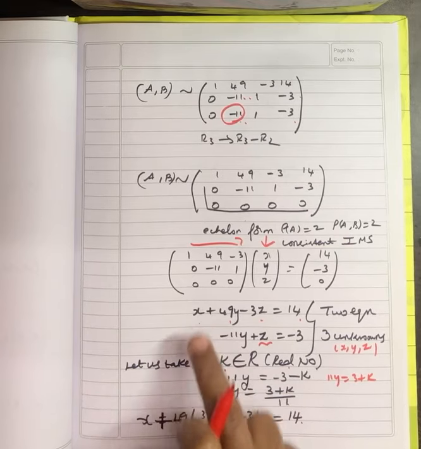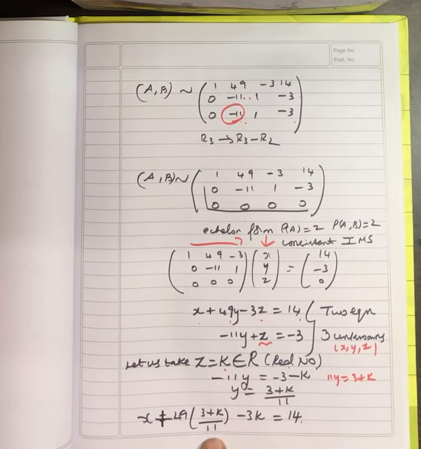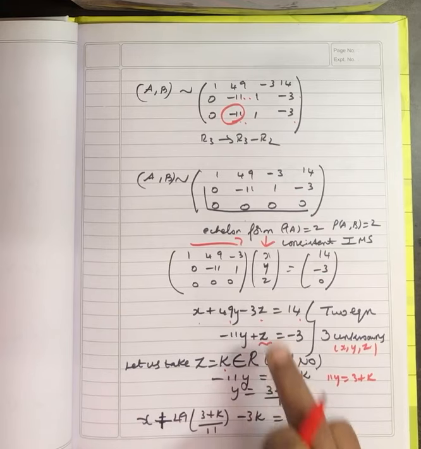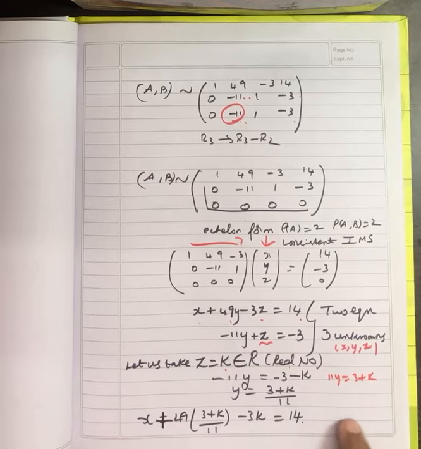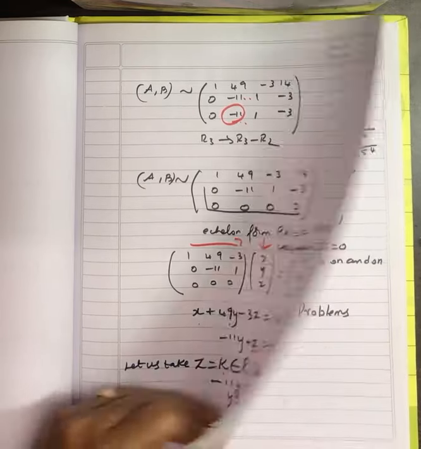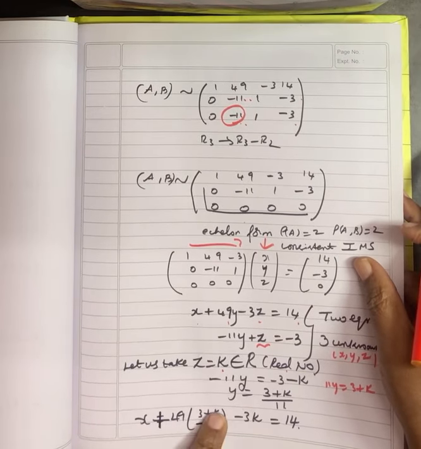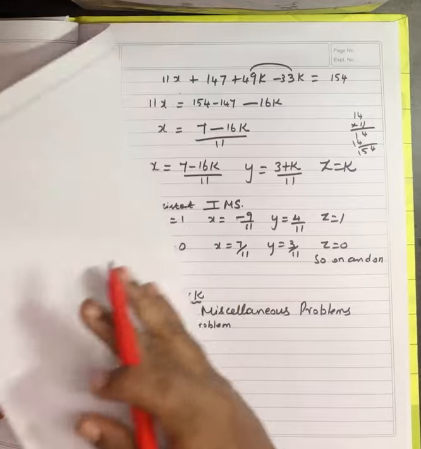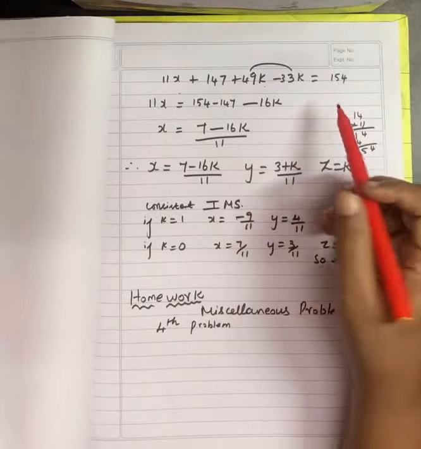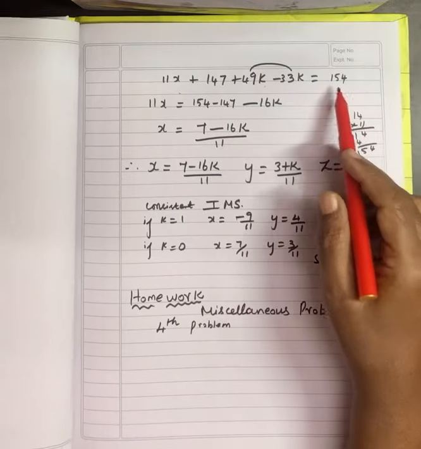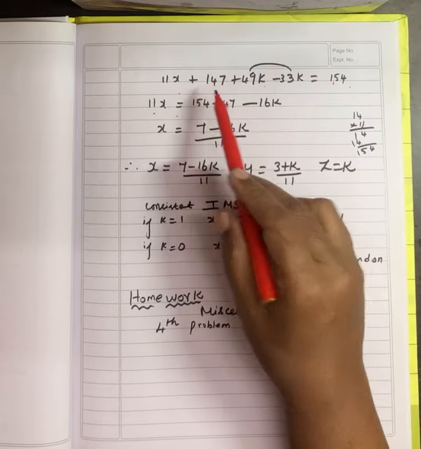Now we will find out x. x plus 49 into, instead of y, 3 plus k divided by 11, minus, instead of z, I will put k. To avoid the denominator, multiply by 11. So 11 into x. If you multiply by 11, the 11 gets cancelled. 3 plus k you multiply by 49. So 147 plus 49k, multiply by 11. So minus 33k, multiply by 11. You will get 154. 11x equal to 154 subtraction